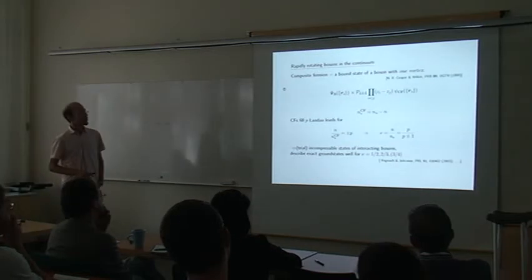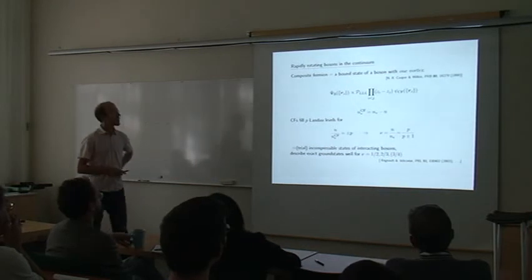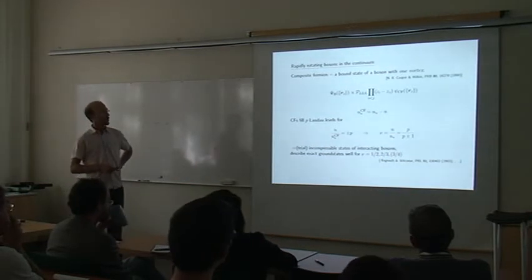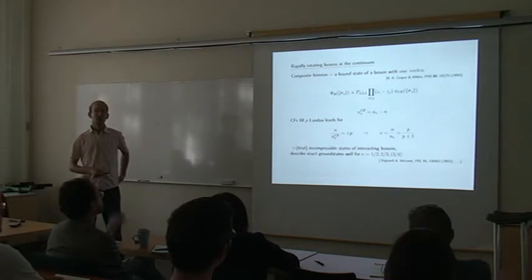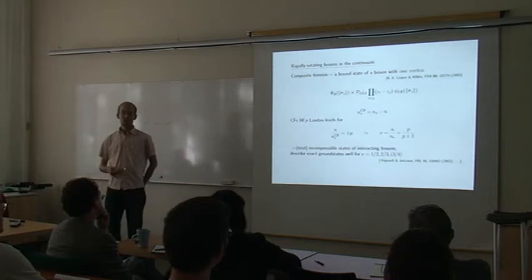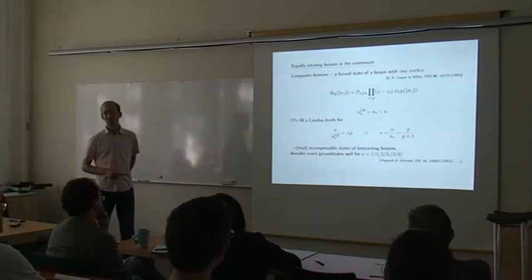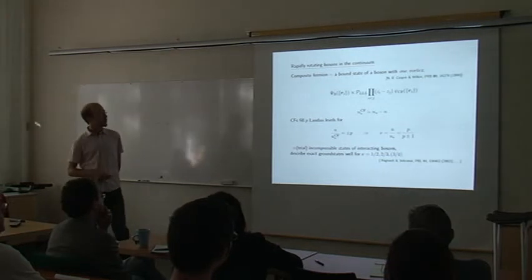Okay, and this is just a little bit different for bosons than the usual case of fermions. While for fermions, electrons in the fractional quantum Hall effect, you have to attach two flux quanta to get back to a composite fermion. Here we start off with bosonic atoms, and so we only have to attach a single flux quantum to then end up with the composite fermion.